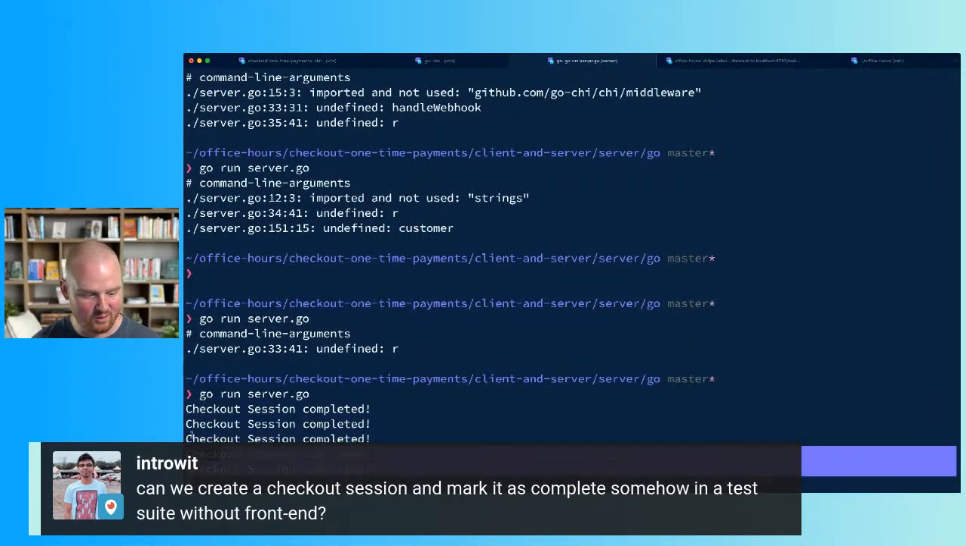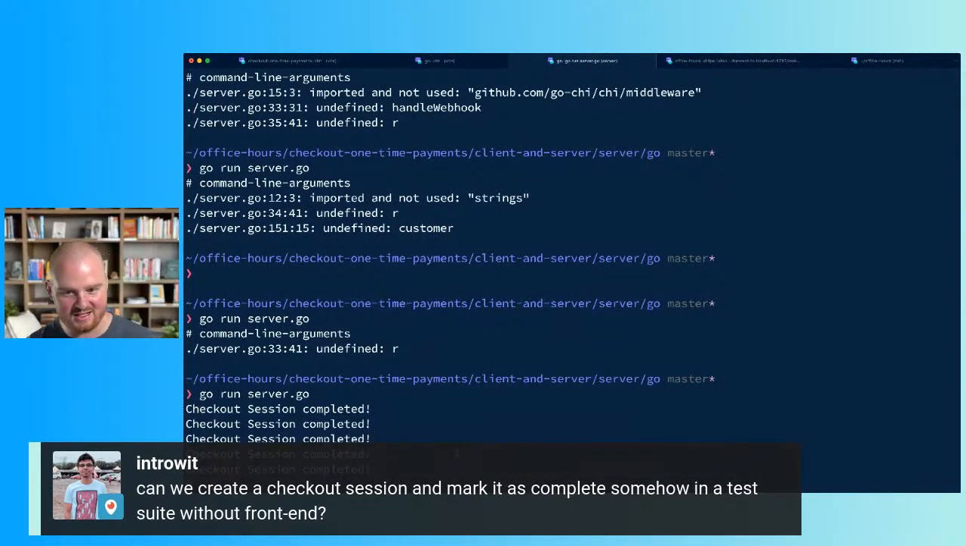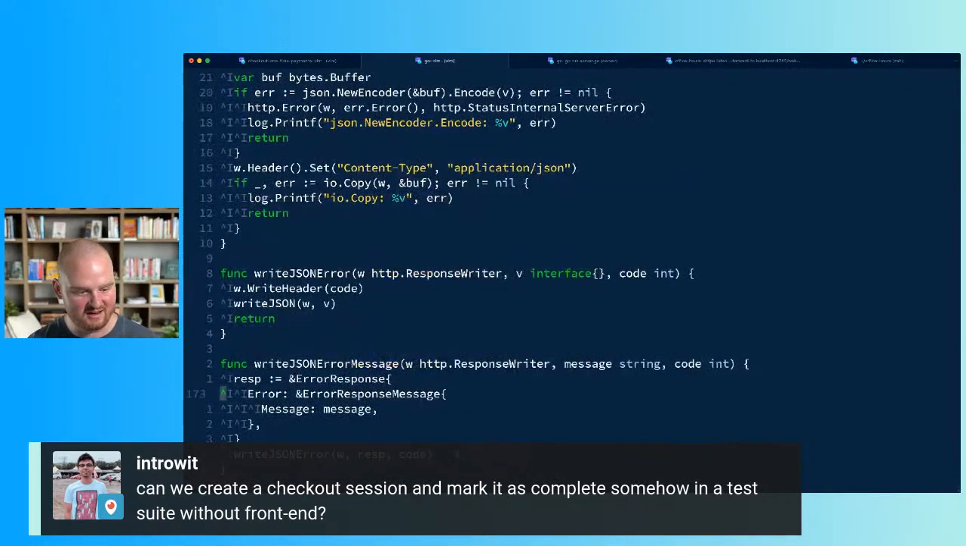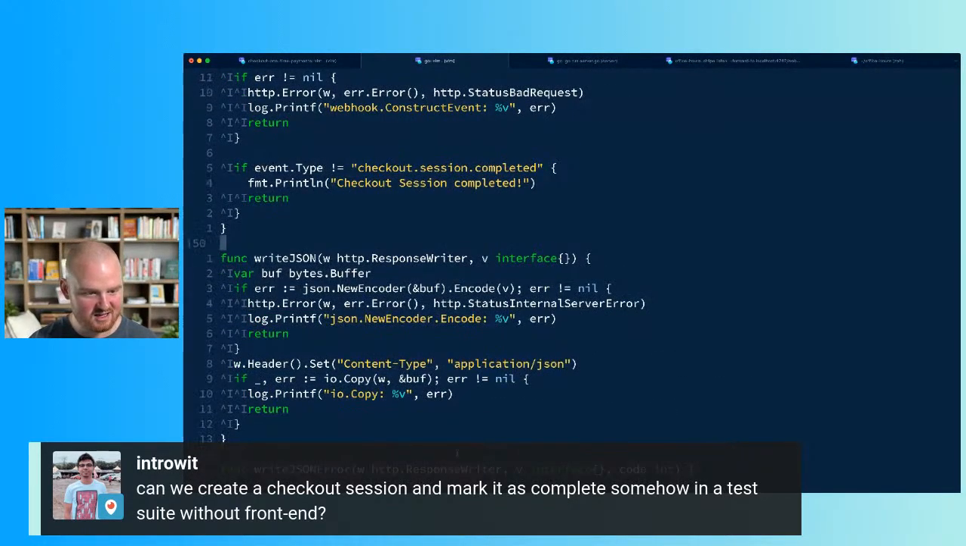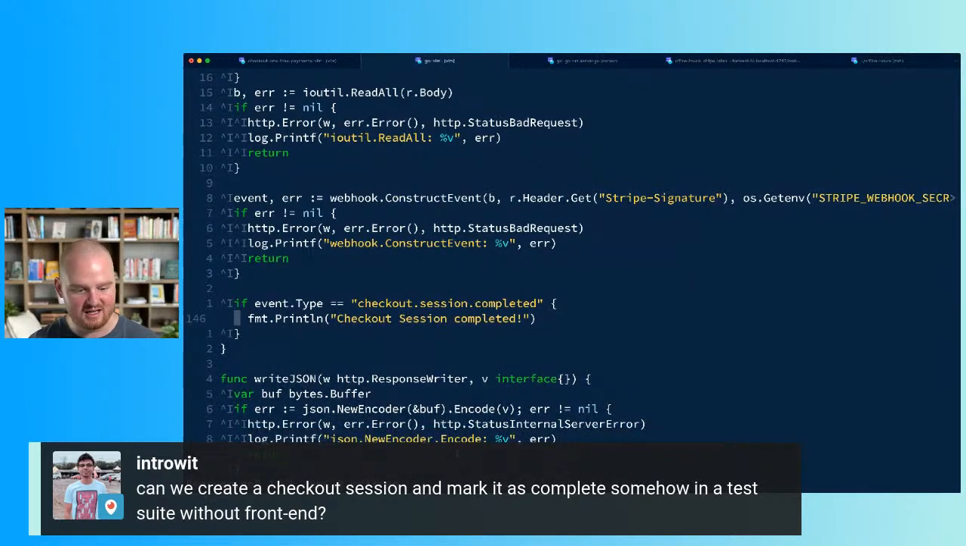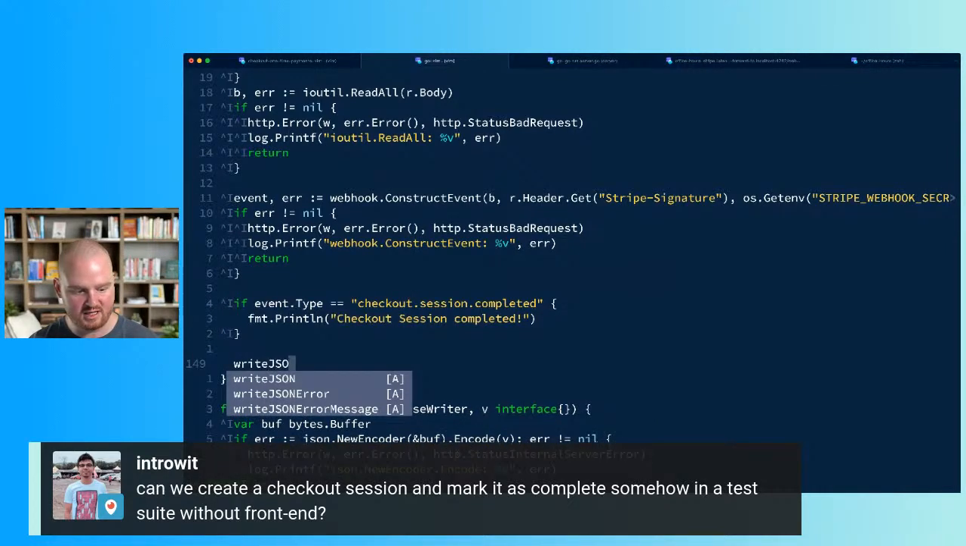And we got a whole bunch of output. That's a little unexpected. I thought we would just get one of those. So what's going on here? Oh, we're saying that if the event type is not checkout session completed, then log it out and return. But we want to check that it is, and if it is, then we might want to do something with that. And so we'll just call this good, and then say write JSON at the end, and we'll pass in